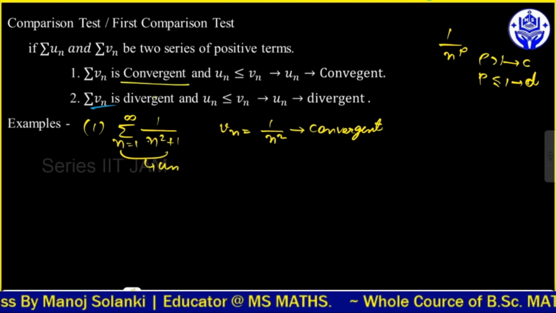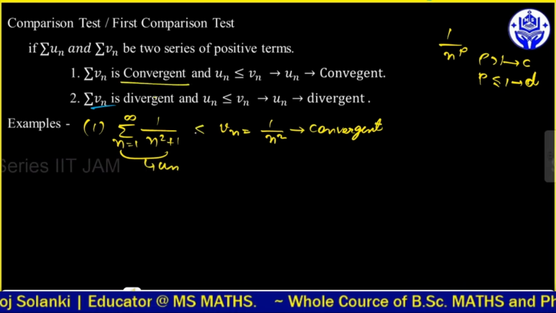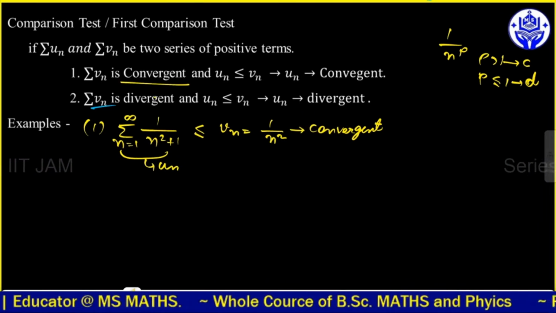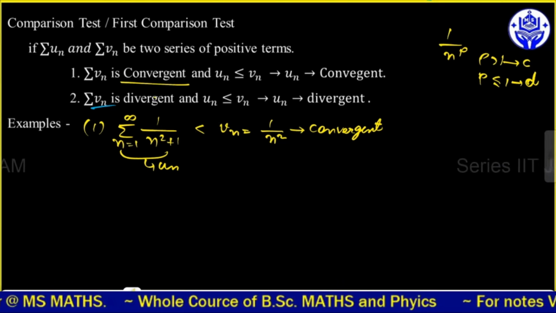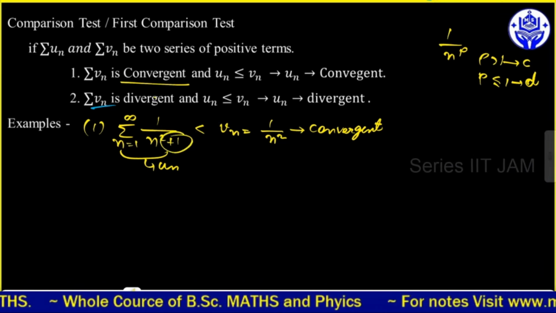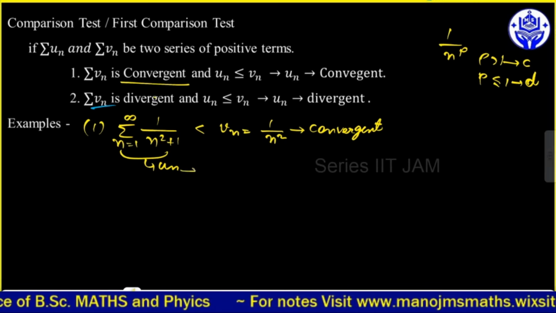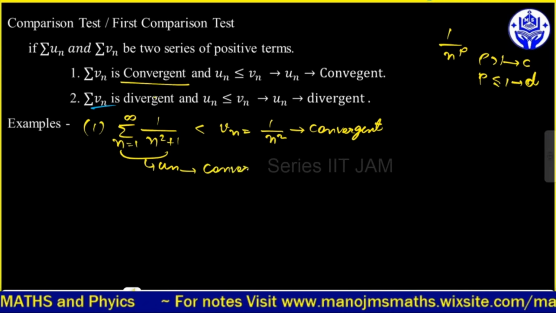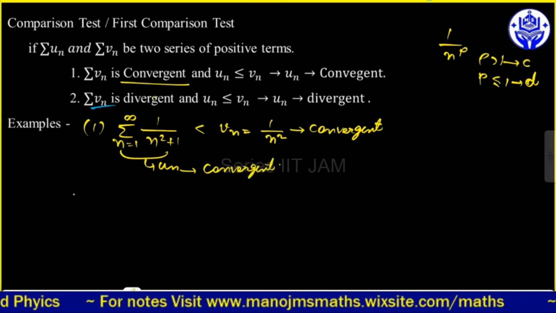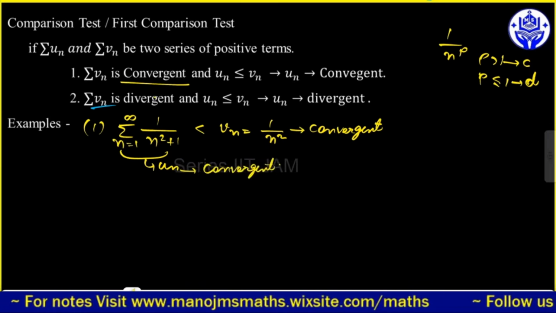मतलब जो हमारे पास में VN सीरीज है वो कन्वर्जेंट है। दूसरा यहाँ पे क्या हो रहा है, UN इज लेस देन इक्वल VN। UN इससे लेस देन होगी क्योंकि इसमें एक ऐड हो रहा है, इसमें एक ऐड नहीं हो रहा, तो ये कंडीशन सेटिस्फाई कर रहा है। इट मींस UN भी एक कन्वर्जेंट सीरीज हो जाएगी।